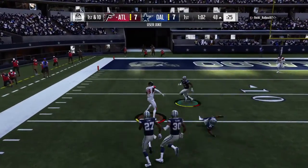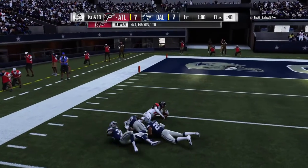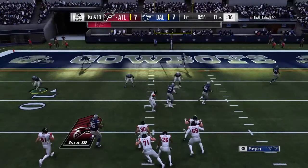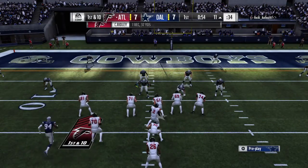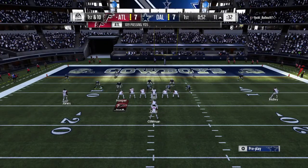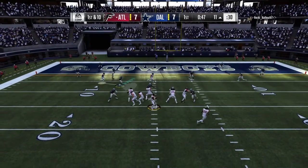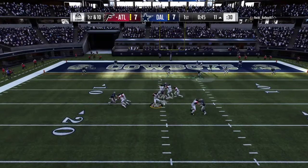And he will find Ridley on the left side. And he's way down into Dallas territory inside the Cowboy 15. And give him a gain of 37. The goal for any offense versus his own defense, find the holes where guys are available and put the ball in the receiver before any...